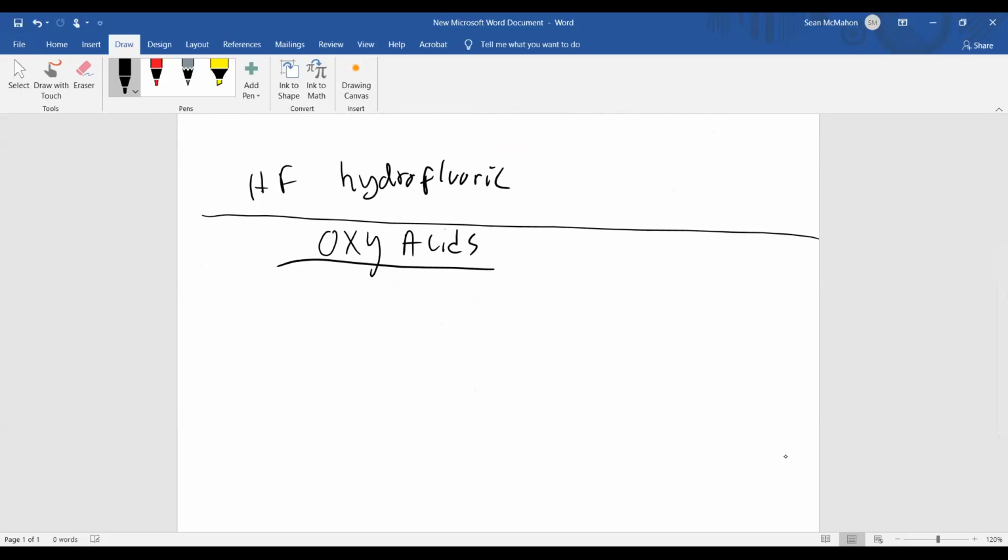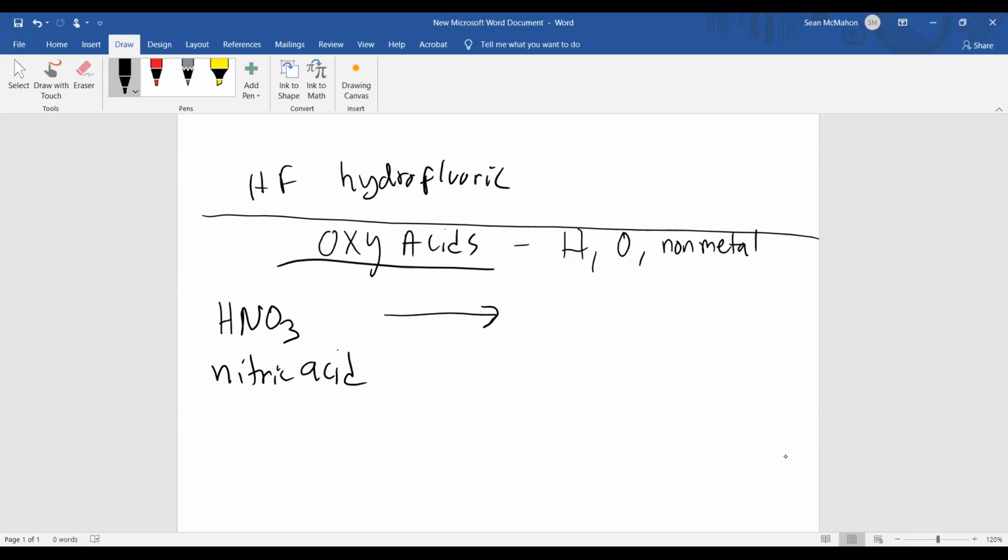Right, so your oxy-acids are basically hydrogen, oxygen, and a non-metal. Right? So one example is the one that I had in the PowerPoint: nitric acid. Do you guys remember that in the PowerPoint? Yes. So nitric acid, you may remember that we did go over